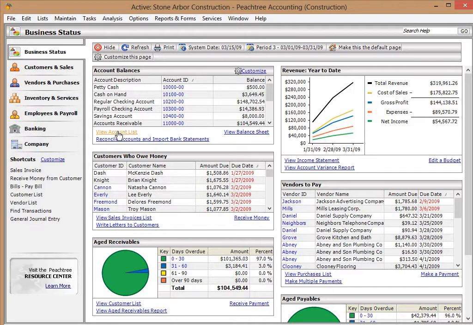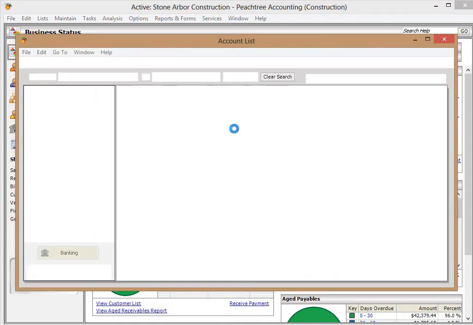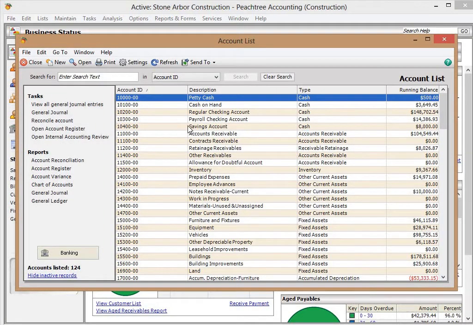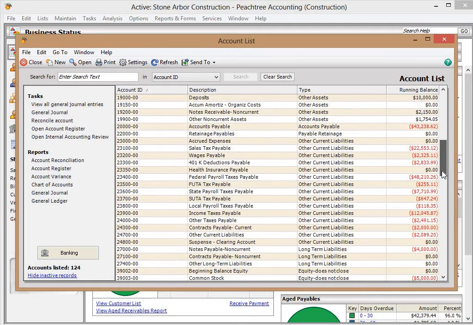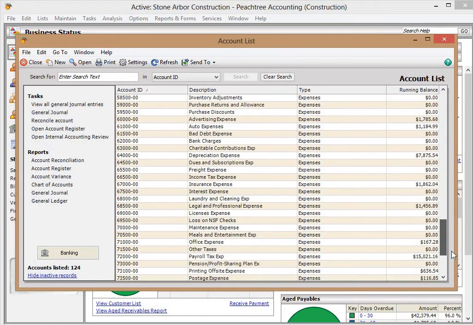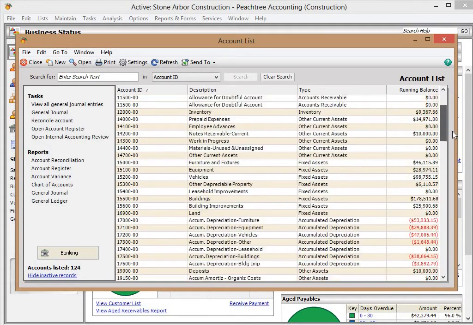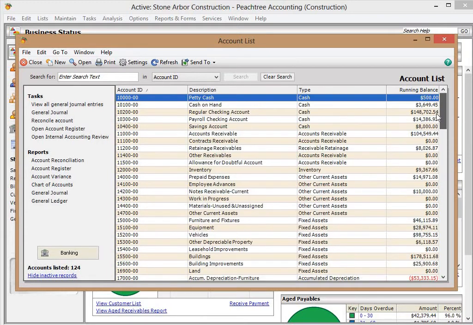It's a very simplistic and yet complex integrated system. You can see that the screen shows us the account list. Here you can see accounts shown in the company's chart of accounts that have been imported or created at the time of implementation. So here are the accounts, here are the current assets,